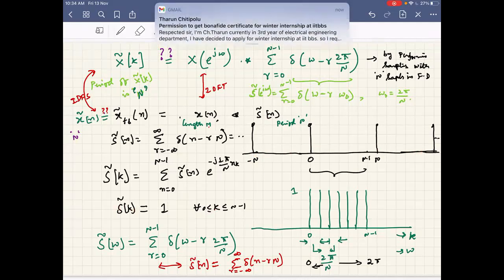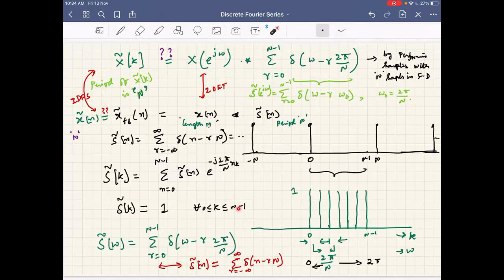Okay, and if you take this, we have seen in the previous example that x tilde of k is 1 for 0 to N minus 1, and if this is 1 for 0 to N minus 1, it exactly gives rise to this expression. That means we are sampling N samples in frequency domain, right? That's what is being reflected here. Okay, and thus this is like this. Hope this is clear. Anyway, you can ask more specific doubts now.